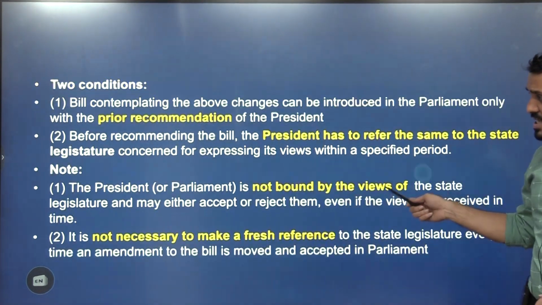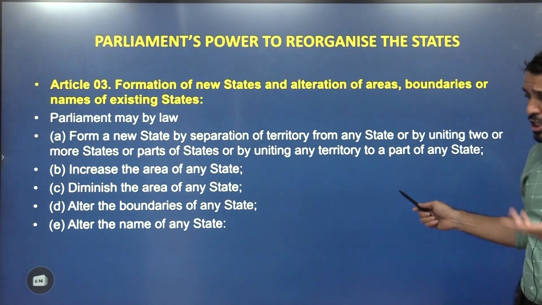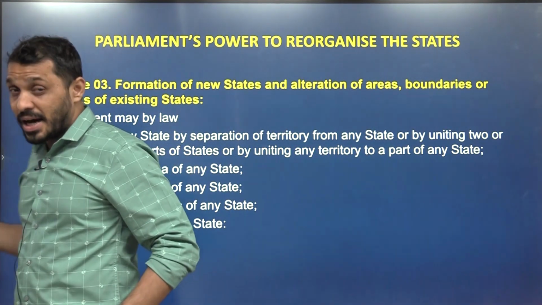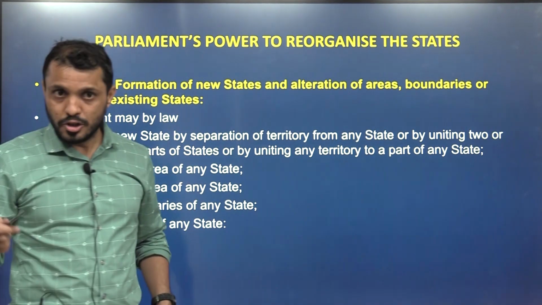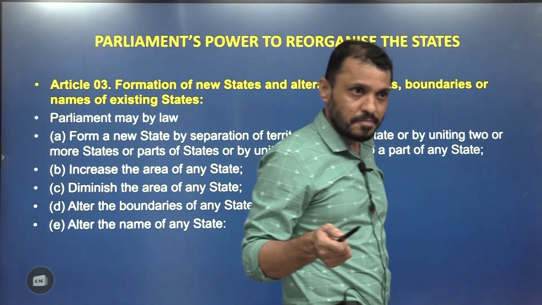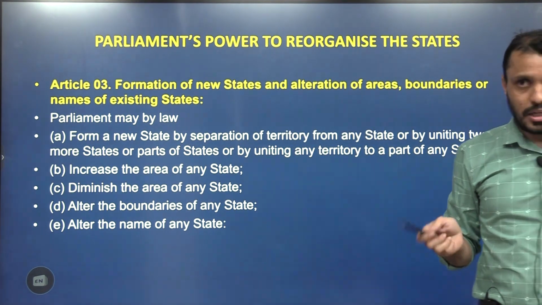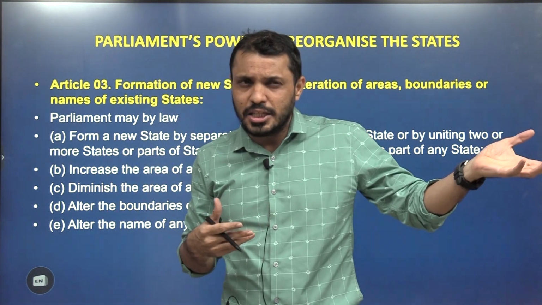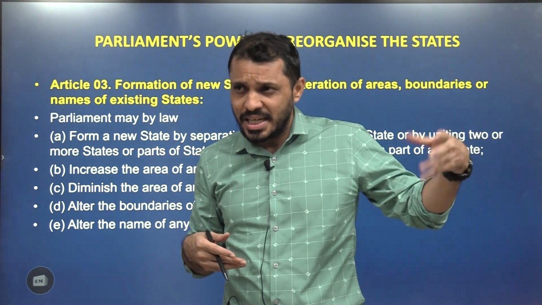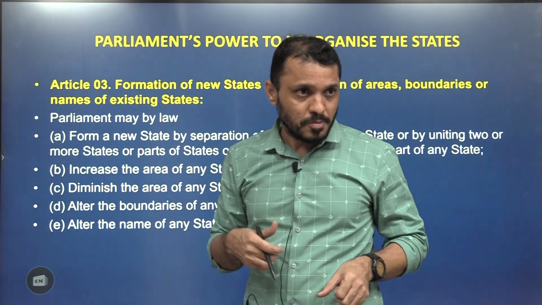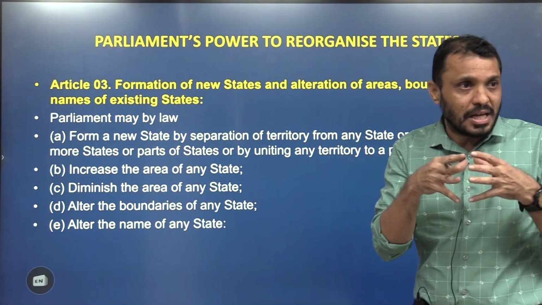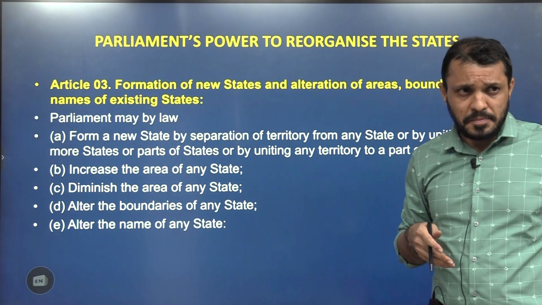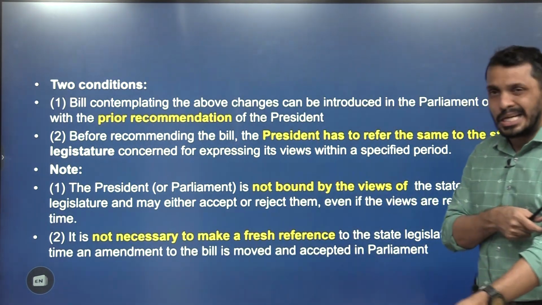So, according to Article 3, the center can decrease or increase the state area and everything. Now the dispute going on between Karnataka and Maharashtra: Maharashtra is claiming that Belgavi belongs to them. Do you know about the Belgavi issue between Karnataka and Maharashtra? Whereas Karnataka is saying, no, we cannot give it to you. To consolidate its position, Karnataka is constructing, I think, a new assembly or secretariat in Belgavi also. That way, they can add more authenticity to Belgavi and claim more. This is a recent issue. And the Kaveri issue also, the inter-state water dispute, we have to discuss that too.